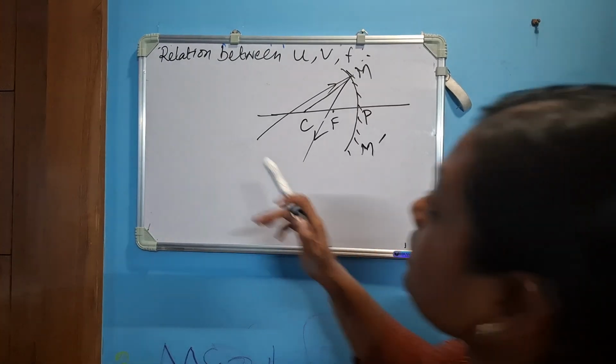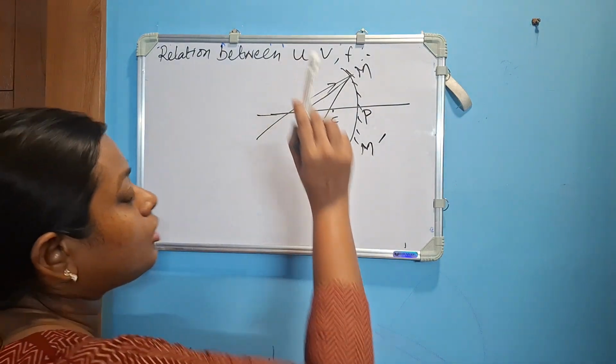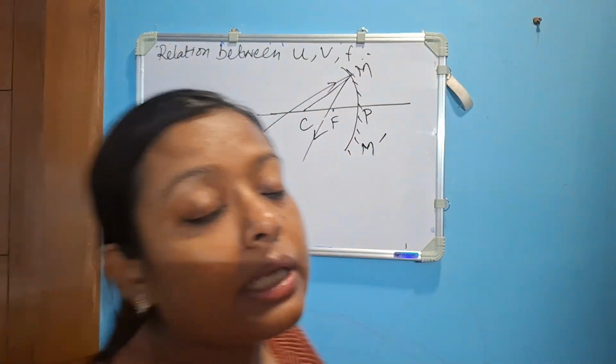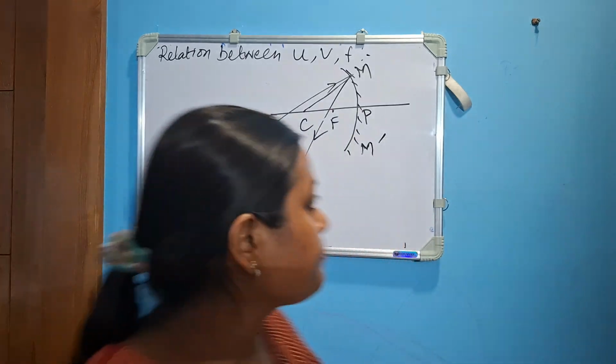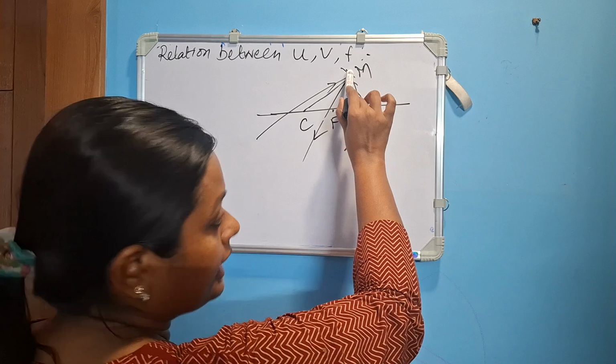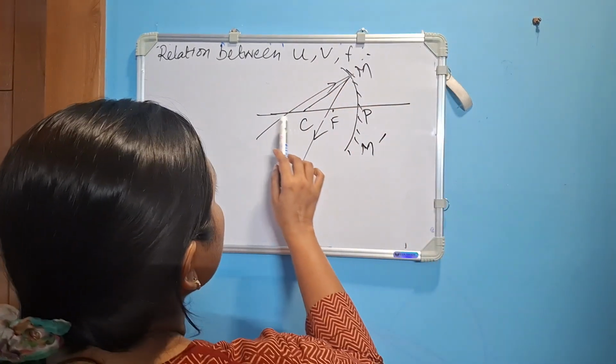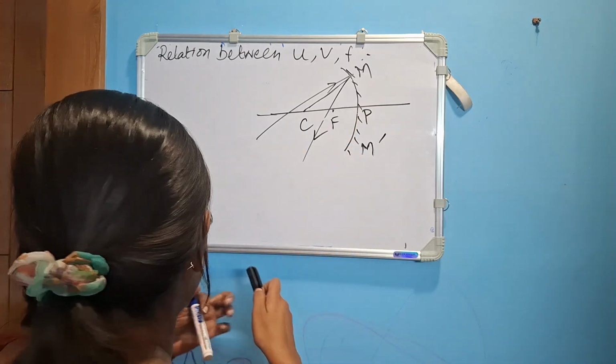So now we'll do this relation between u, v and f. What is u now? Object distance. All the distances have to be calculated from the pole. From the pole to this is the ray of light which is entering, which is incident on the mirror. So the distance between